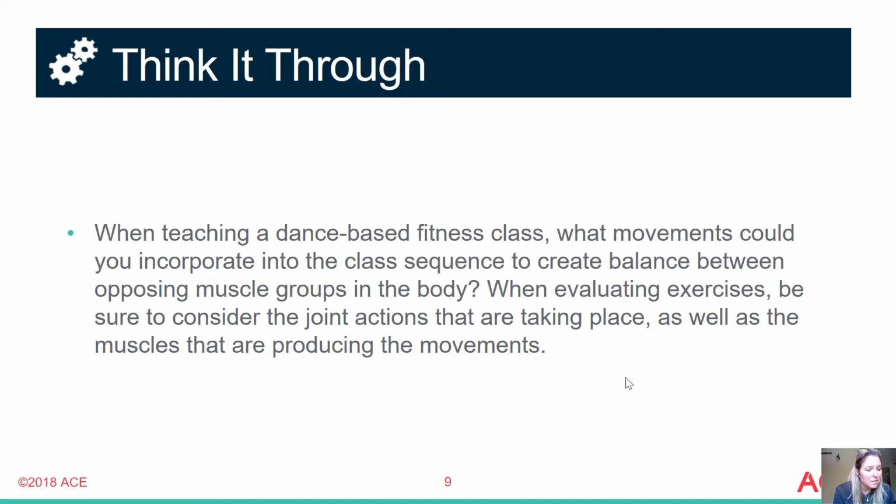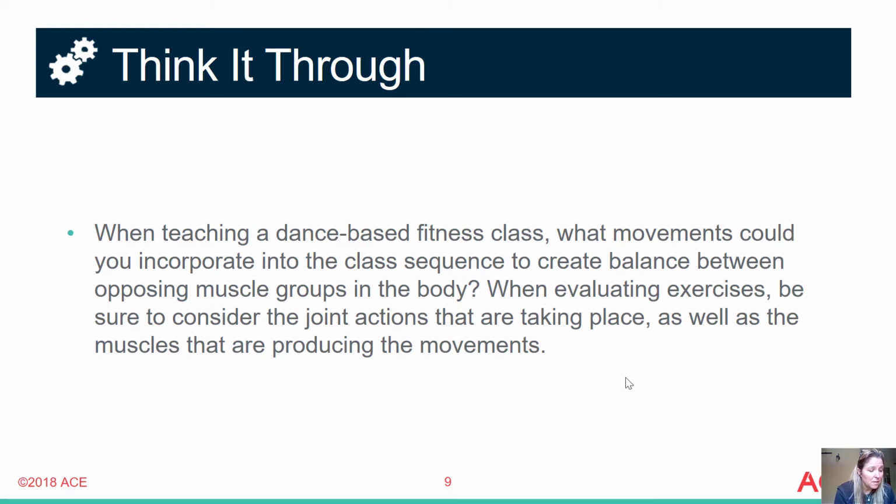To answer these questions, we have to look at opposing muscle groups. Opposing muscle groups occur on opposite sides of the joints. Programming movement that targets agonist and antagonist pairs, opposing muscle groups. For example, knee lifts, that's hip flexion using the hip flexors, paired with straight leg glute extensions. Glute extensions are hip extension using the gluteals. So a knee lift followed by a straight leg glute hip extension is a great way to pair opposites together. Or another example could be rowing